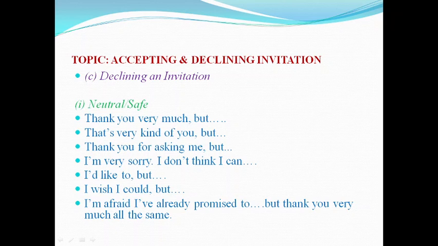I'm terribly sorry. I have some urgent work, or I'm not available tomorrow, or I have some appointment, or I am out of station, or I am not well, or I have a doctor's appointment, or I have to take someone from my family to the hospital, and that is very urgent. Different causes, different reasons you can show, but in a very polite and tactful way, you should decline the invitation.